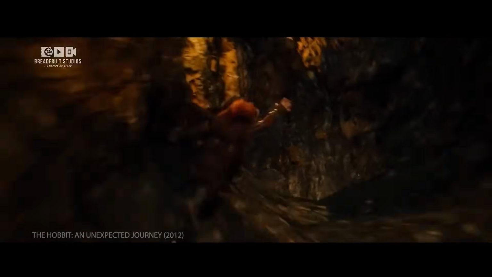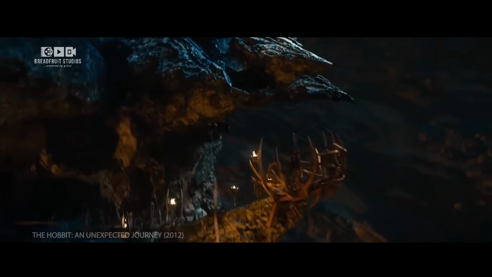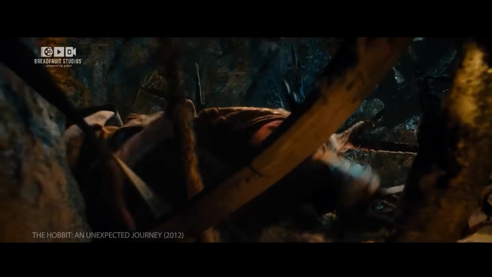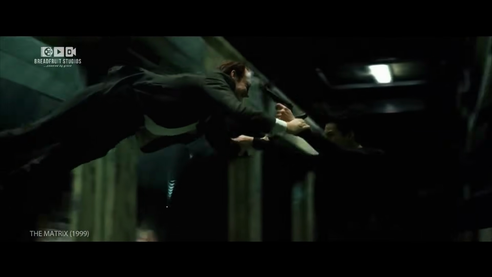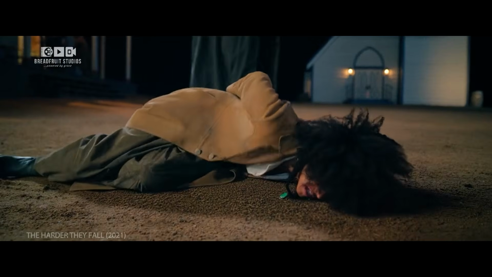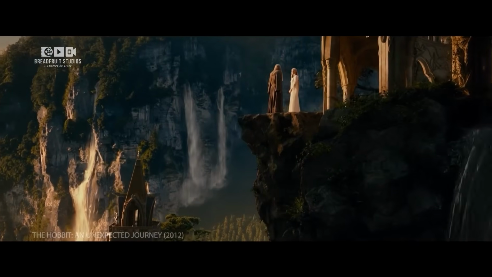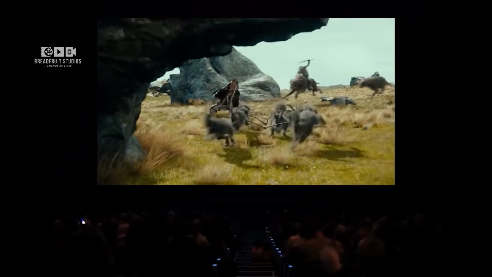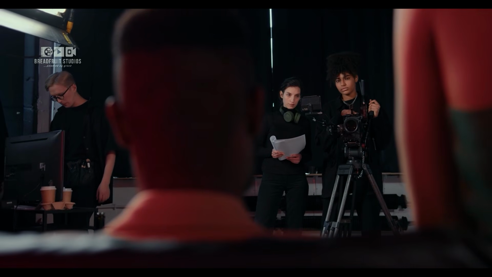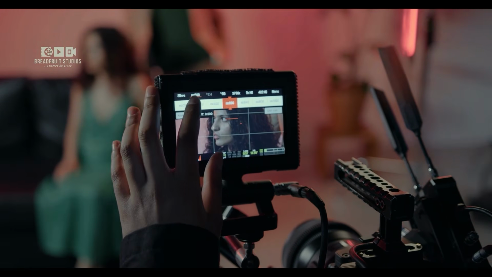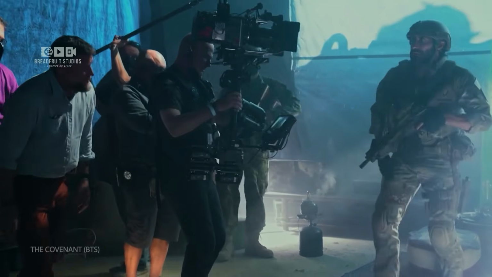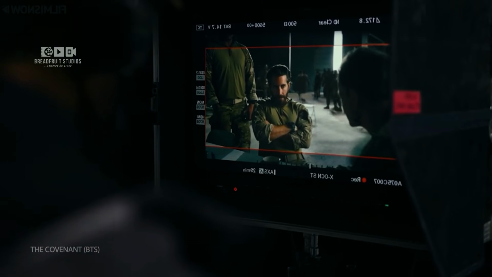Frame rate isn't just a technical choice, it's a creative one. It defines the rhythm, mood, and realism of a scene. The right frame rate can make action sequences pop, dramatic scenes resonate, and fantasy worlds come to life. So, the next time you're watching a movie or shooting your own project, pay attention to the frame rate. It's more than just numbers. It's a tool that filmmakers use to make you feel something special.